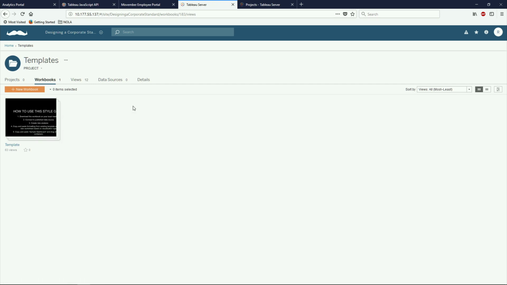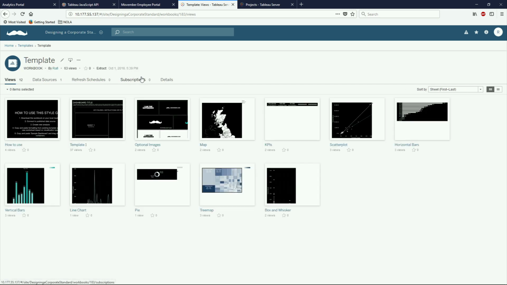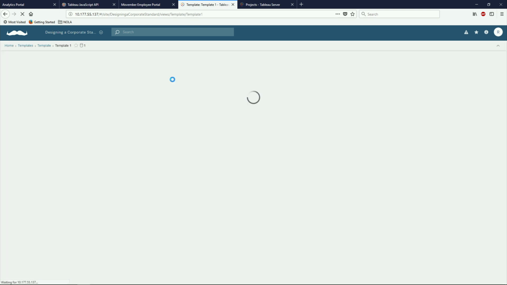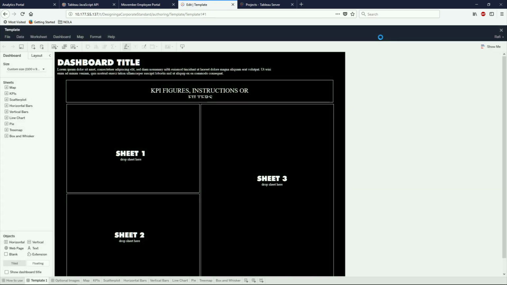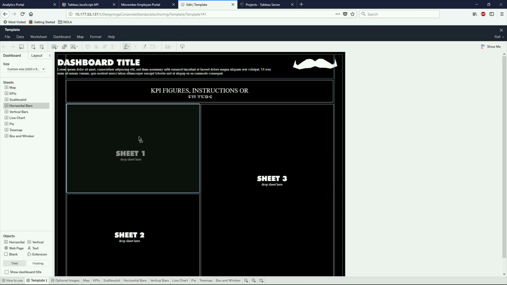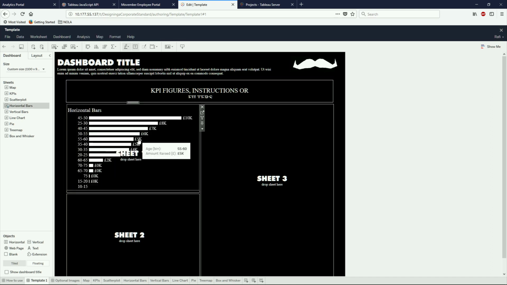So as a person that's enabled to create new content through the web browser, all I would have to do is click on our template or our style guide and hit edit. And then within the edit mode on the server, they could connect to additional data, build new visualizations, and then all you'd have to do is drag and drop that into the template as we've already seen before.